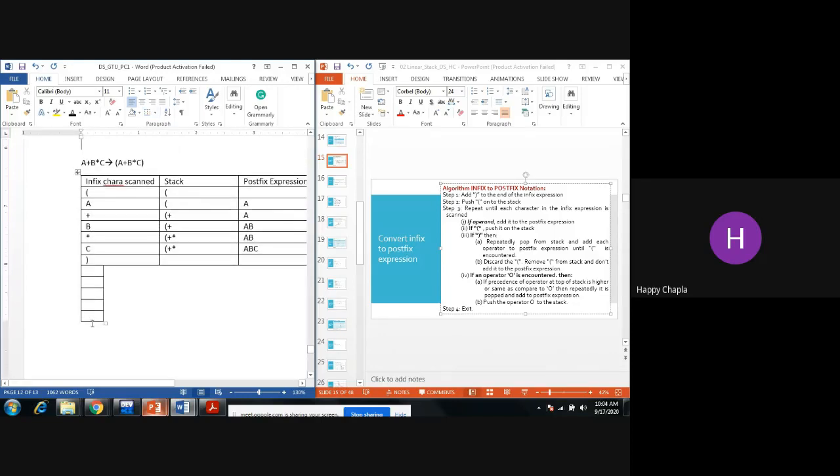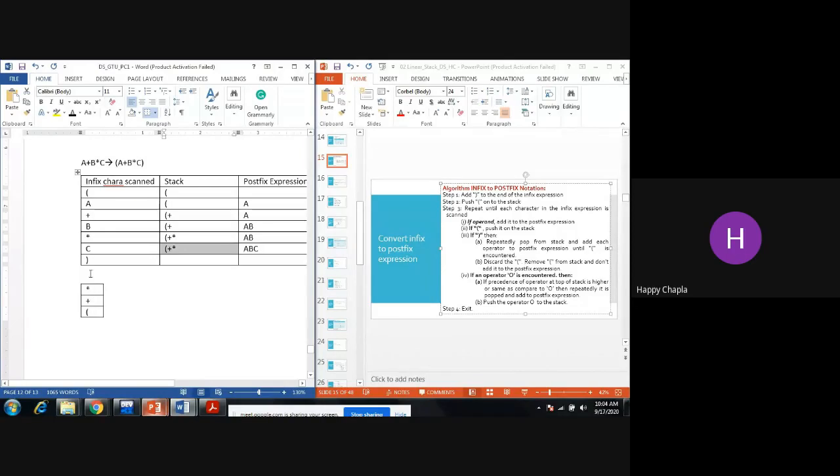First I have the starting bracket, then I insert plus, and then I insert star. Now I am encountering the closing bracket. This is the condition behind this expression. If I want to draw the stack for these operators, it's something like this.